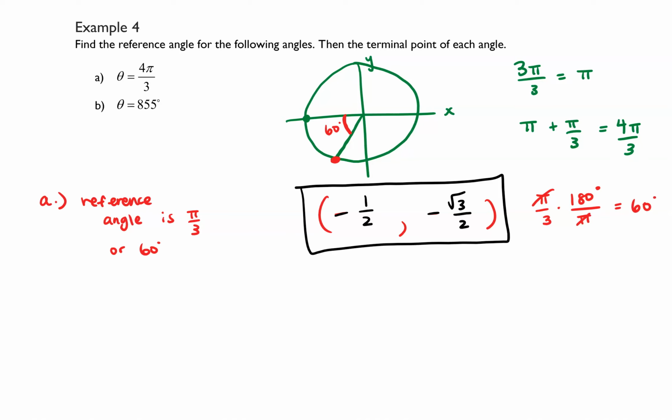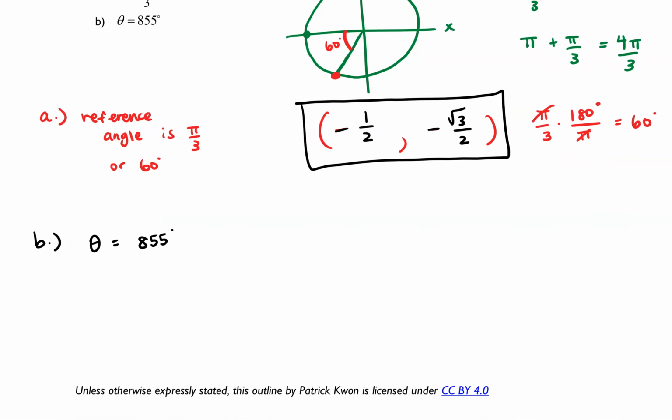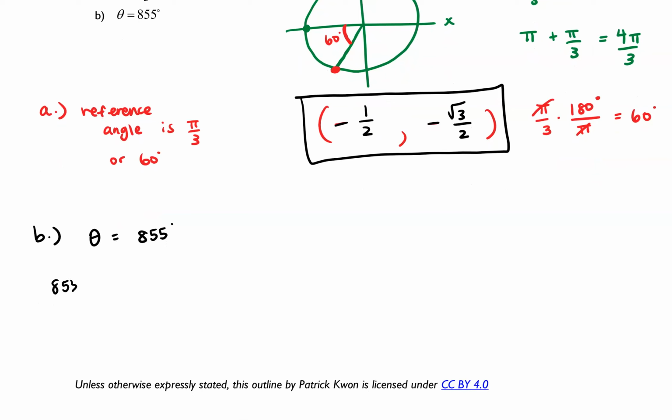All right, let's do part B now. So we're given theta is equal to 855 degrees. That's a large angle. And so again, I'm going to work with coterminal angles. So if I did 2 revolutions around the circle, that would be 720 degrees. So I'm going to subtract off 720 degrees, and that's going to be 135 degrees. So let's figure out where that is